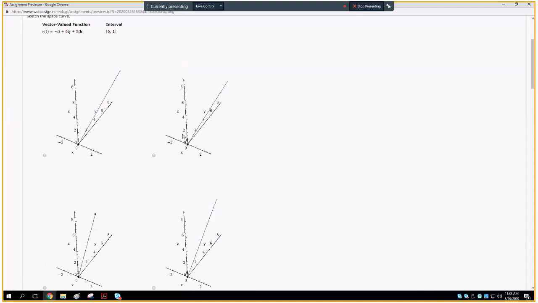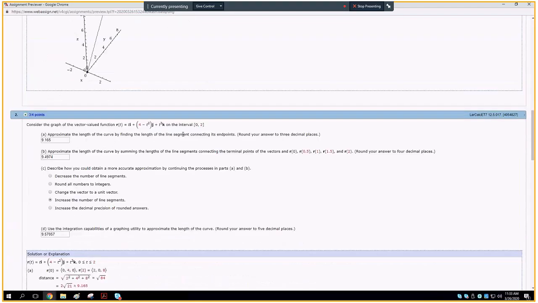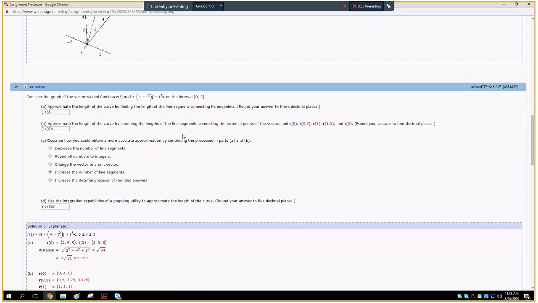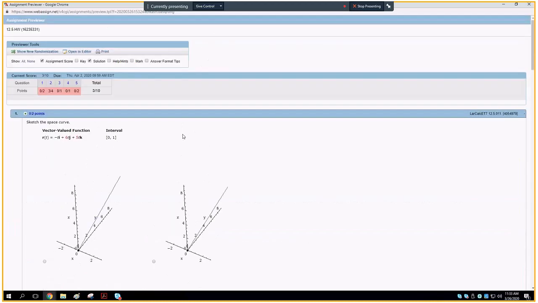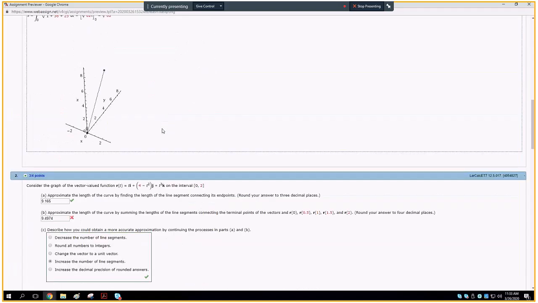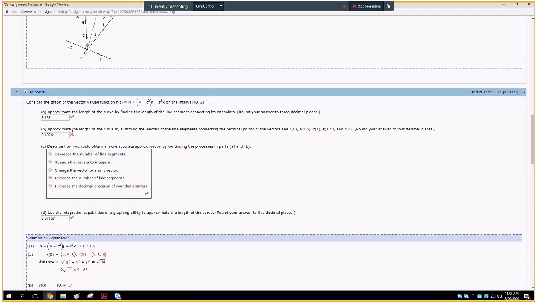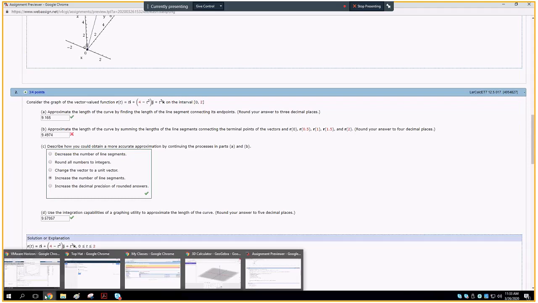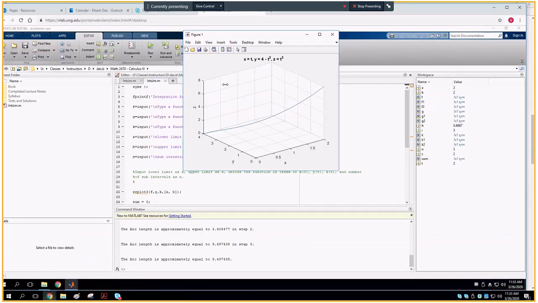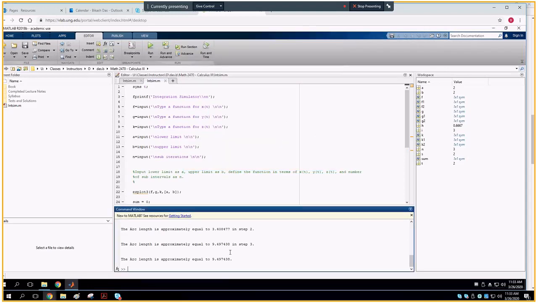And let's see. So it says that I have done almost all of it right, but with a little mistake. So let's see which part I did not do right. Okay, let's see. It's just the second one. It says that I didn't do it right. So I will go ahead and check my work one more time. I think I did almost all of it right. So it was